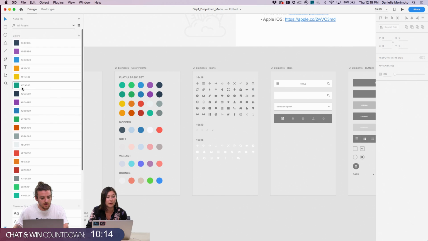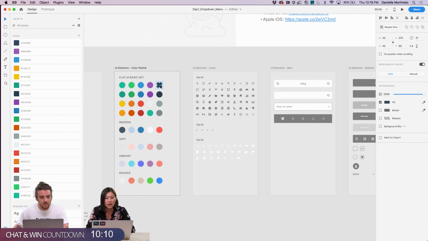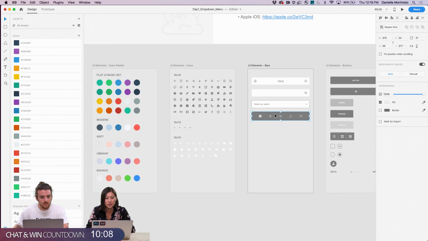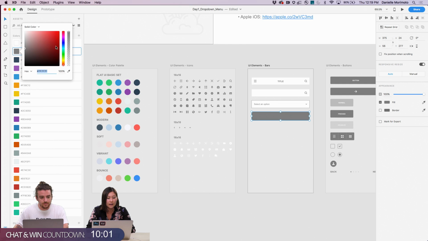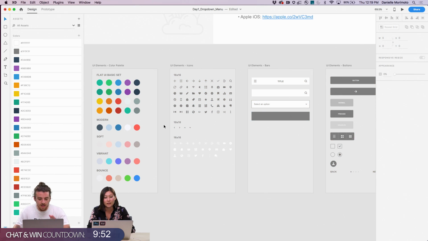And the nice thing about putting it in the assets panel is if you have a color consistently across your artboard, so I'm gonna say that it's this gray, if I go in and edit and change that color, you'll see right away across my entire artboard, that color is now changing. Yeah, and that's something we're definitely gonna be doing a lot today too. We have these colors for now, and I think they'll probably end up changing slightly over time, which is a good thing to be able to change across all of the system.